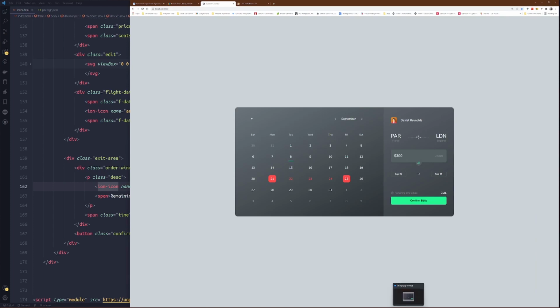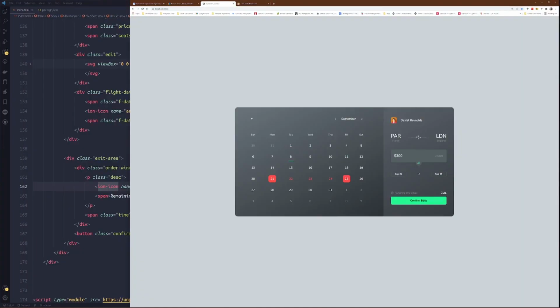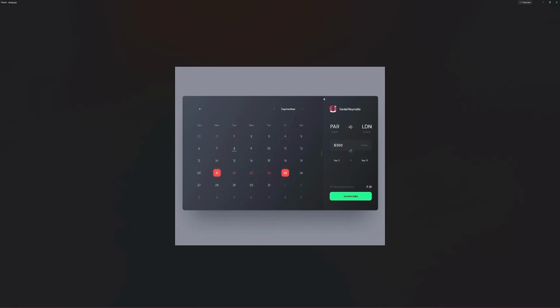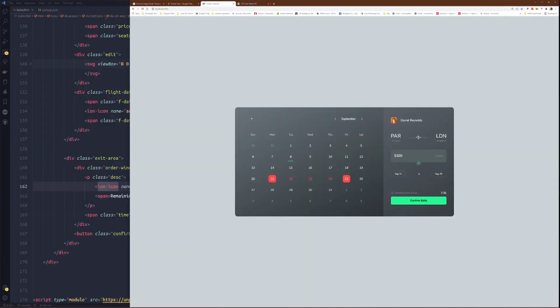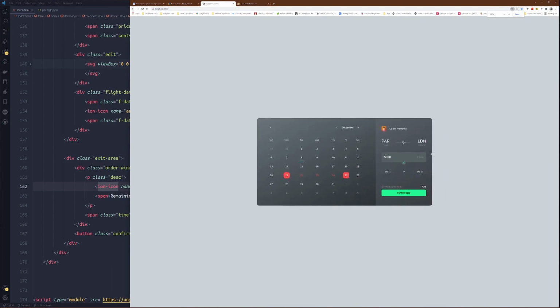Alright, looking good. Well, it resembles the original, although this part is a bit thinner. But anyhow, we run on.